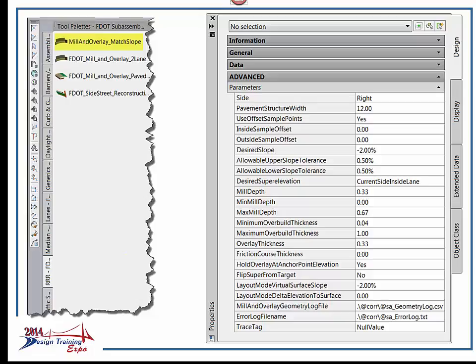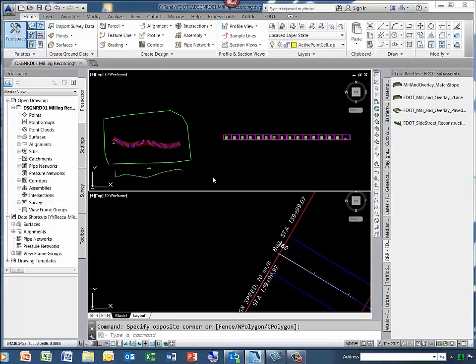Likewise, if there are any errors running the subassembly, an error log file name is created, again with the corridor name as the folder built beneath the directory that the drawing is in, along with the subassembly name, and appended to that underscore errorlog.txt. Now that Bruce Dana has explained the parameters and how the milling and overlay subassembly works,